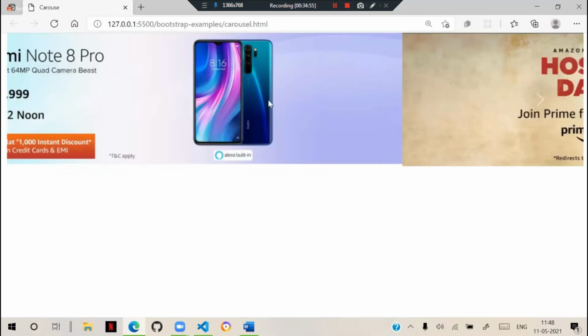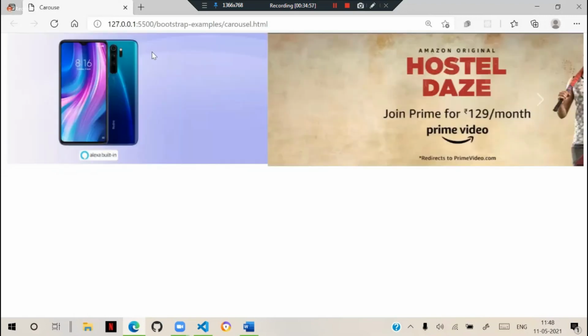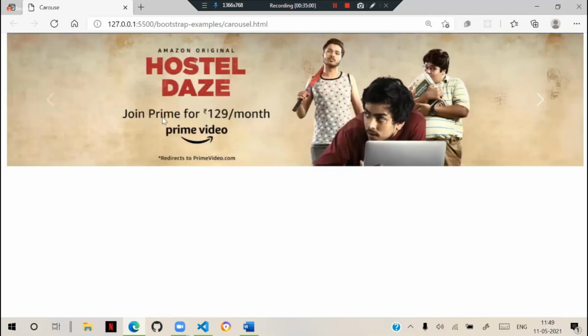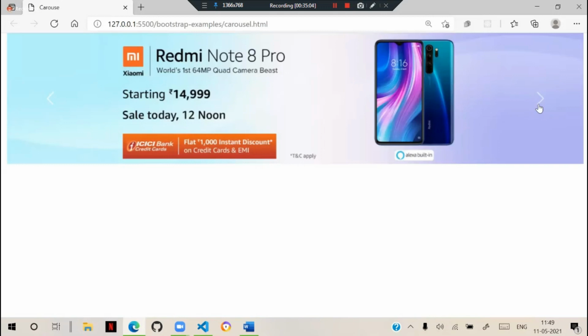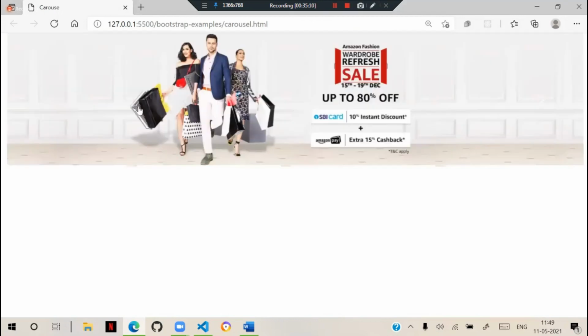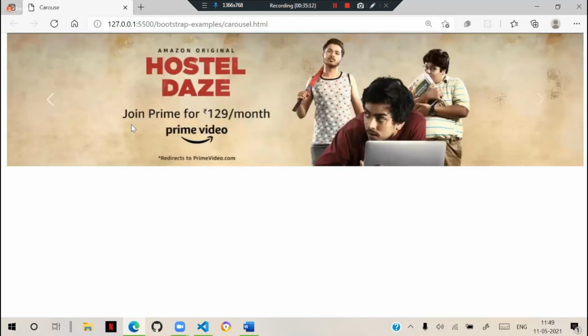You can go back and go next. We can manage the navigation here, change the location and configure it. This is used to handle the navigation left and right. That's basically how it works.